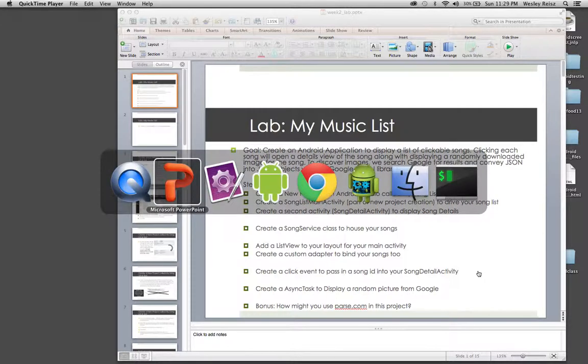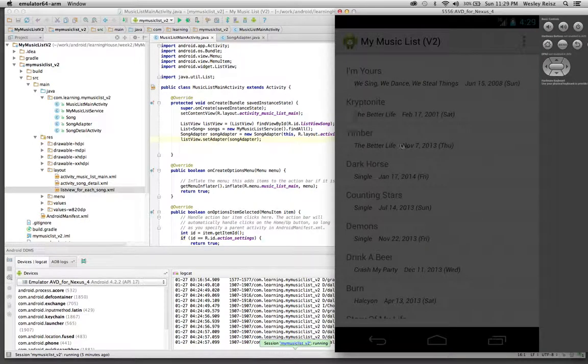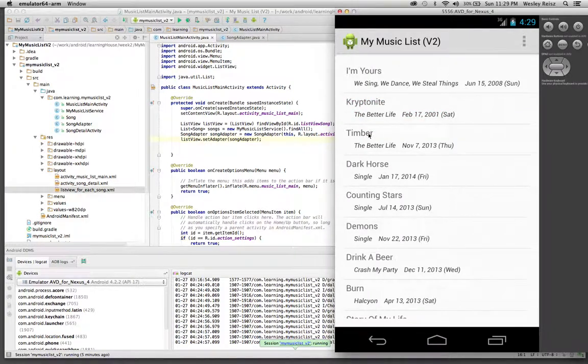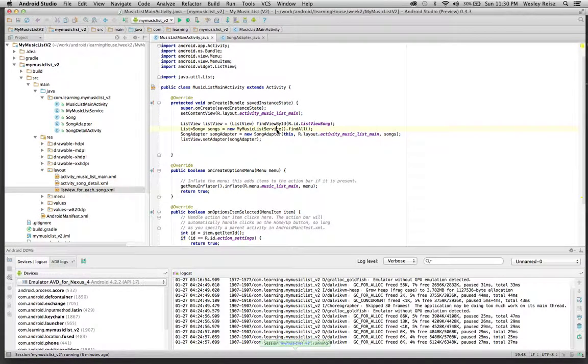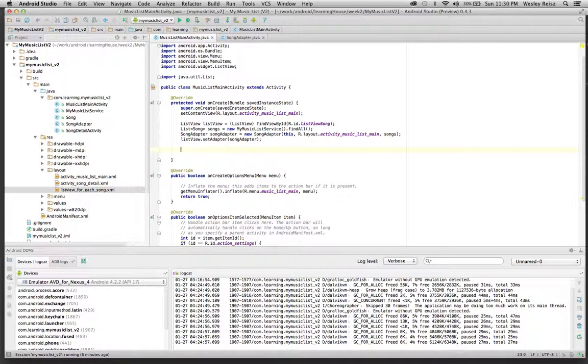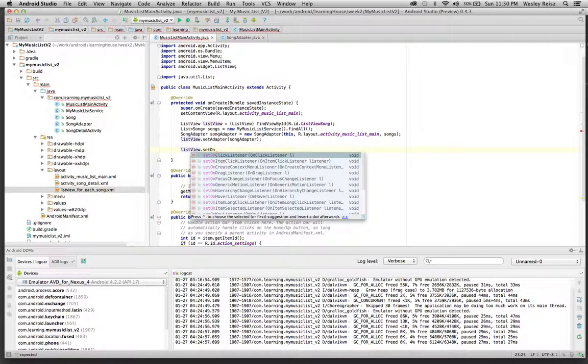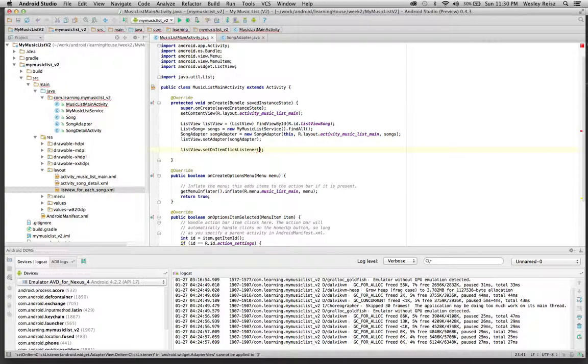The first thing we're going to do is create a click handler so that when we click on each one of these things, it will launch us into our second activity, and it will pass along some data so that we can pull out the things that we actually want to see. So we're going to go back over here to our music list main activity, and inside here we're going to create an anonymous inner class that is a click handler. So I'm going to do listview.set on item click listener, and I'm going to say new